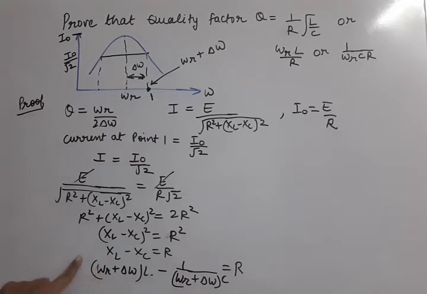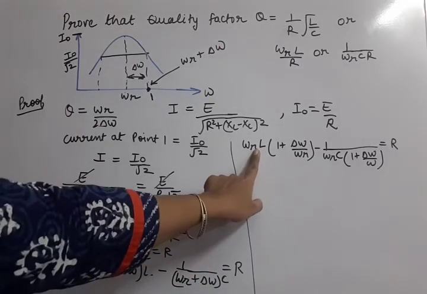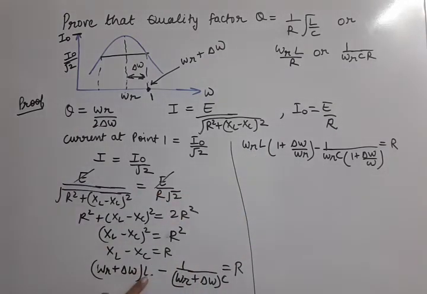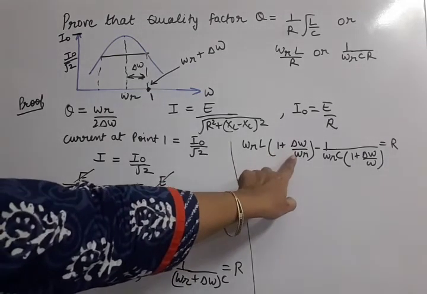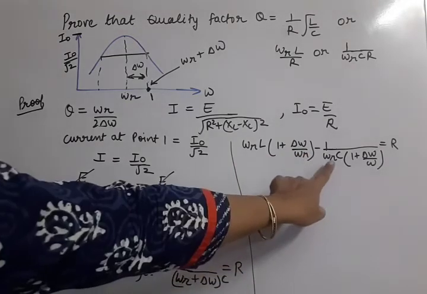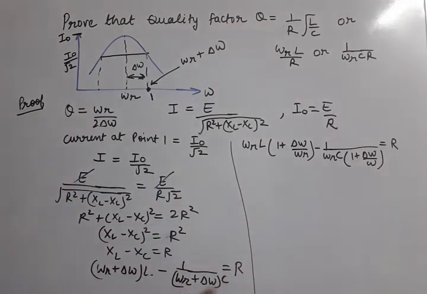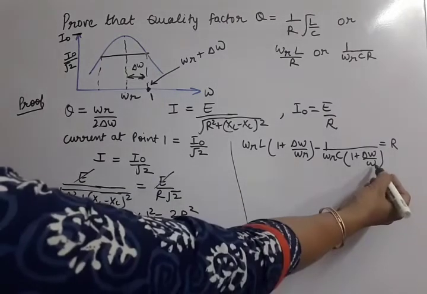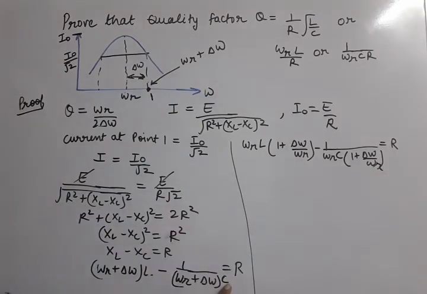So what we'll do, omega r will be taken common on both sides. Omega r taken common, L is already outside. If omega r is taken common, here 1 is left and here delta omega by omega r is left. So 1 plus delta omega by omega r is left in the bracket, omega r common, L already out. Take the omega r term common in the denominator here also. So omega r taken common, and in the bracket 1 plus delta omega by omega r is left.